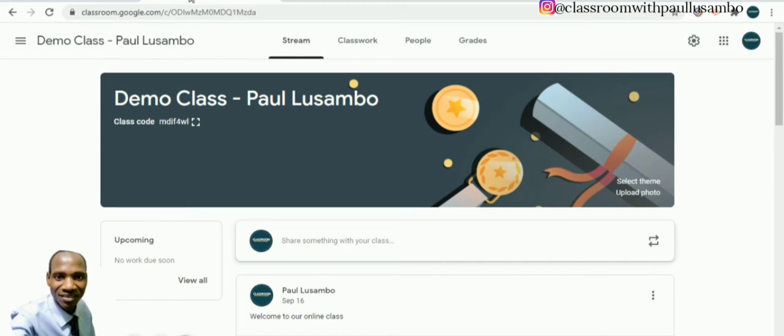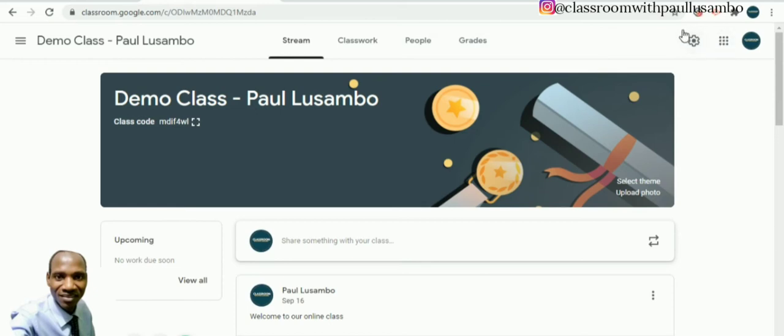Maybe so many people have become familiar with the links of your class or class codes. Now you want to change so that you can only reach the students that you want to join. Now, the simple way to change the class codes and invite links is to go to